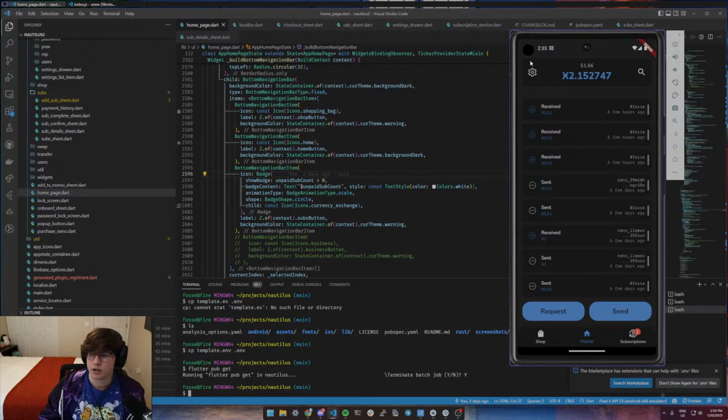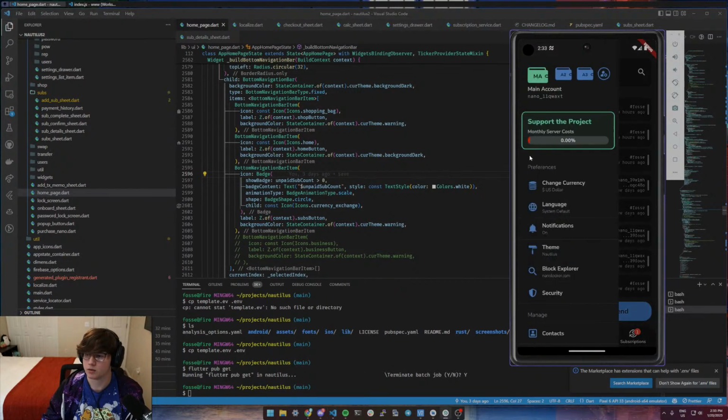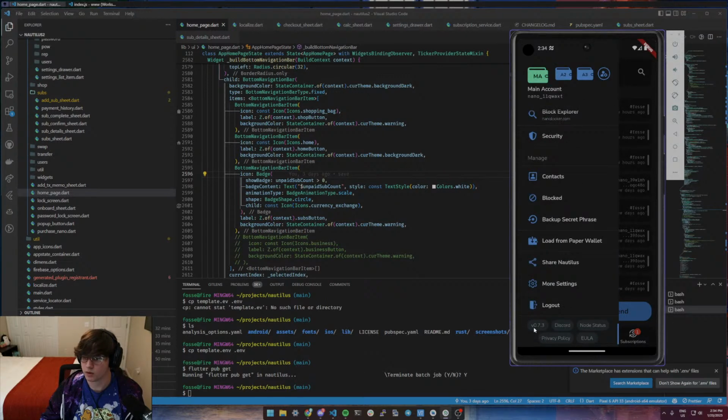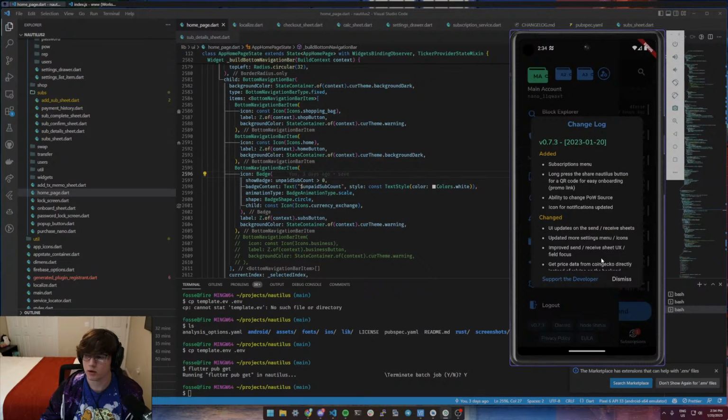So I have here an Android emulator set up. Usually I use a real physical device because it's more accurate for things like push notifications, but it's easier to display and go over things. So real quick, I'm going to go over all of the new features in 0.7.3, which came out today. We'll go down here to the changelog. And the big thing really is the subscriptions menu. Some minor quality of life things,